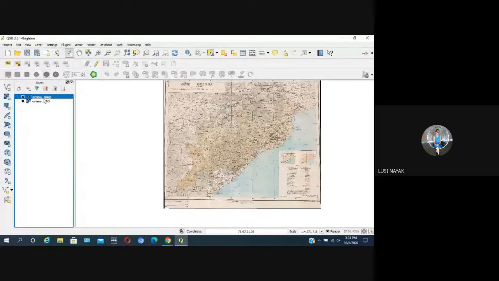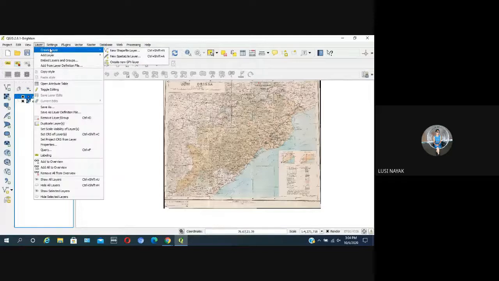Amarjit Yadav, what is the problem? The point layer has been created. Any issue? You can go to layer, then create layer. Because you are creating a new layer, it is not an existing layer. If it is an existing layer, you will go to add layer. But now you are creating a new layer, so go to create layer.